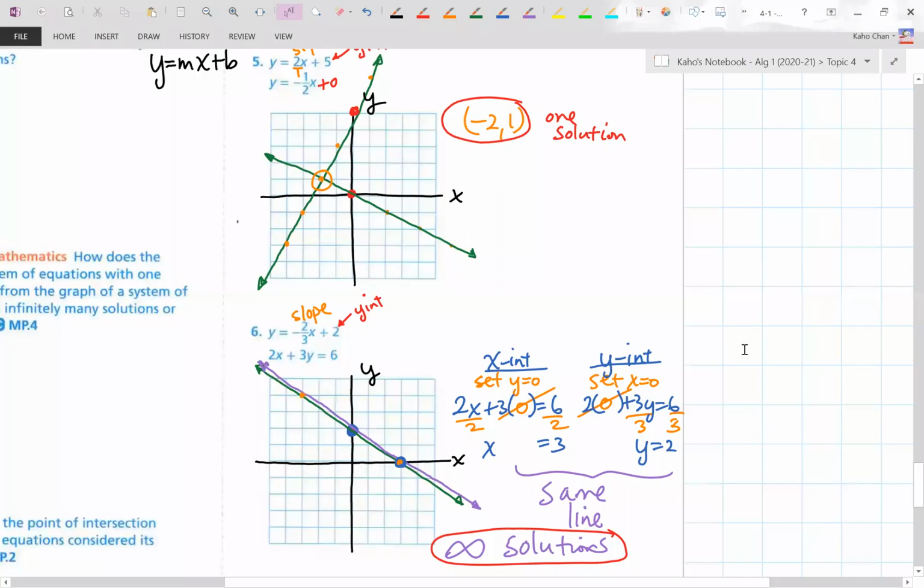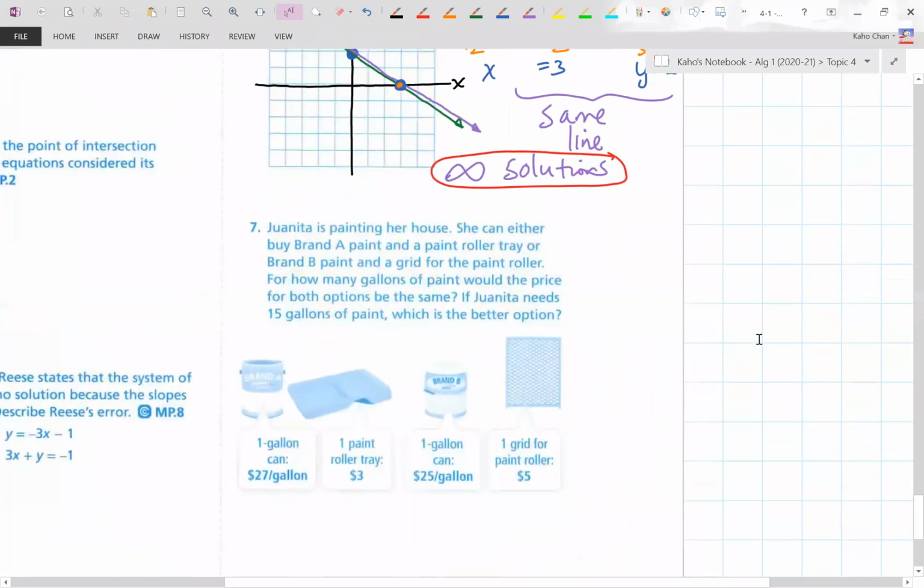We are not going to do the word problem at the bottom there. Are there any questions? If there aren't any,